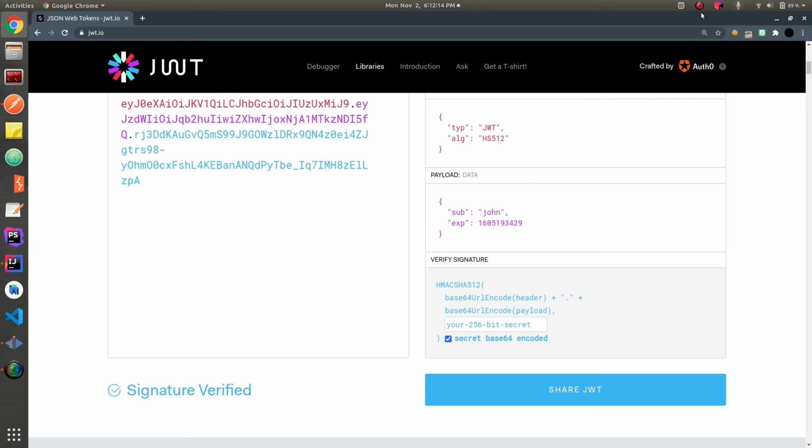So that was a very basic implementation of JWT, and I recommend you all to download my project from GitHub. I've given the link in the description, and go through all these filters once again to get a clearer picture of this whole concept.